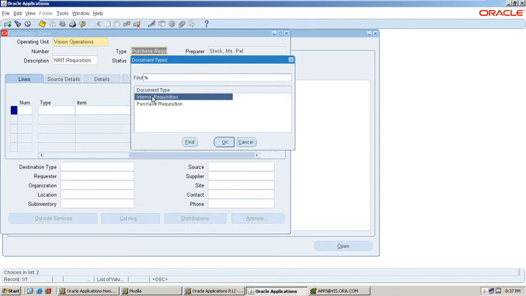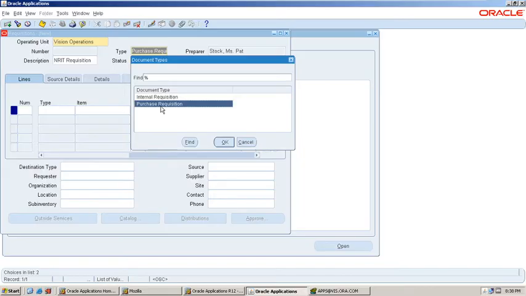Internal requisition means you are looking for goods from internal organizations, that is, whenever you create a requisition, the goods are transferred within the company.